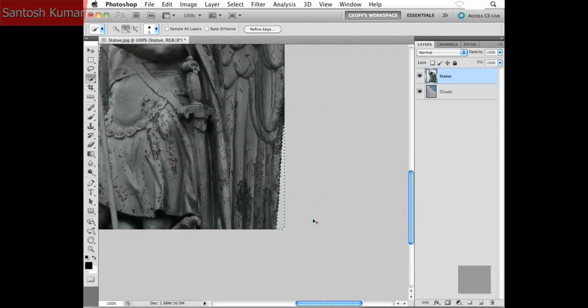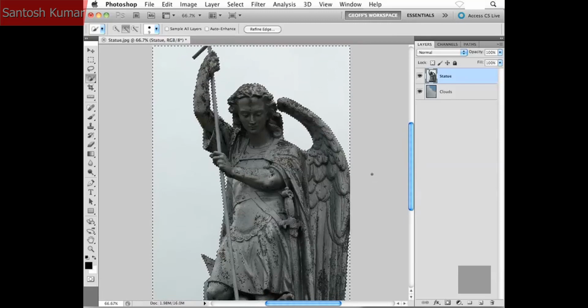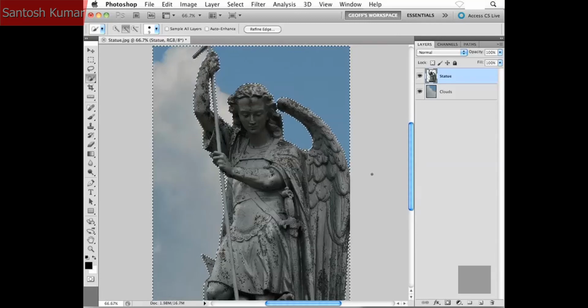Perfect. Okay, I'm just going to zoom out, see what we have here. That's looking pretty darn good, I think. All right, now, the next thing that I'm going to do, really simple here, is I'm simply going to hit the delete key on my keyboard to get rid of any pixels that fall inside my selection, of course, the